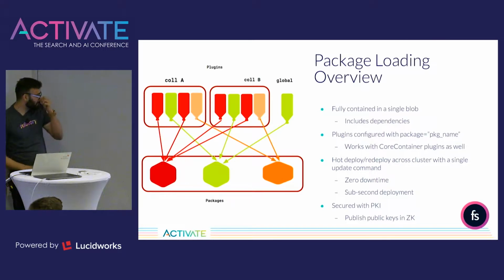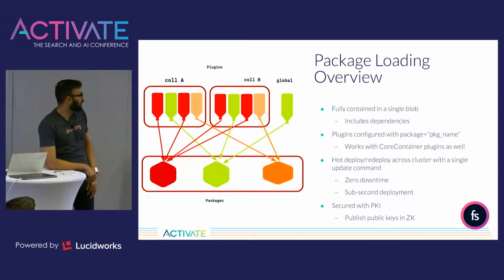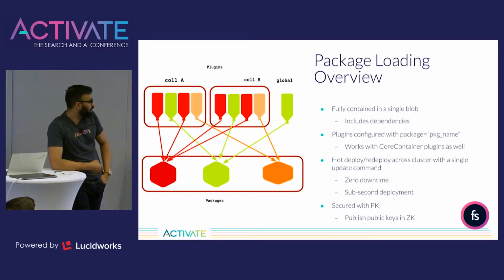Okay, this is the meat of the system, and we can go a bit deeper into this one. You can have a number of packages, as you can see here, and you can have components or plugins which can depend on one of these packages. If you look at any of your components, say a request handler or a search component or whatever it is, a plugin can have an extra attribute which says package equals the package name. So when this magic attribute is present,